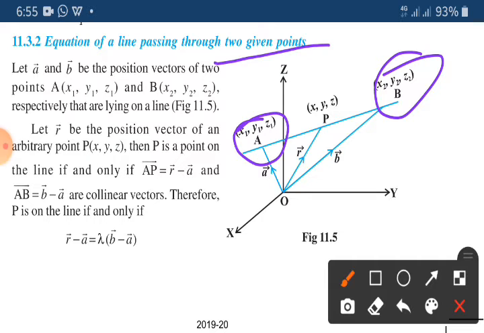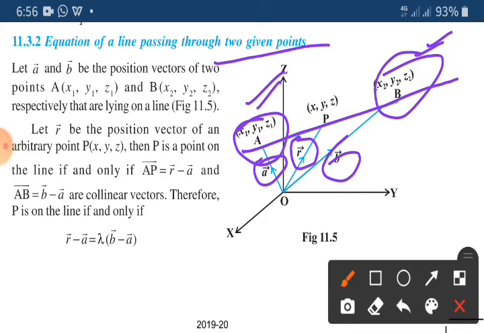Let the a vector and b vector be the position vectors of A and B. Both A and B are lying on a line. This is a line. Let r vector be the position vector of the arbitrary point P of x, y, z. Then P is a point on the line if and only if